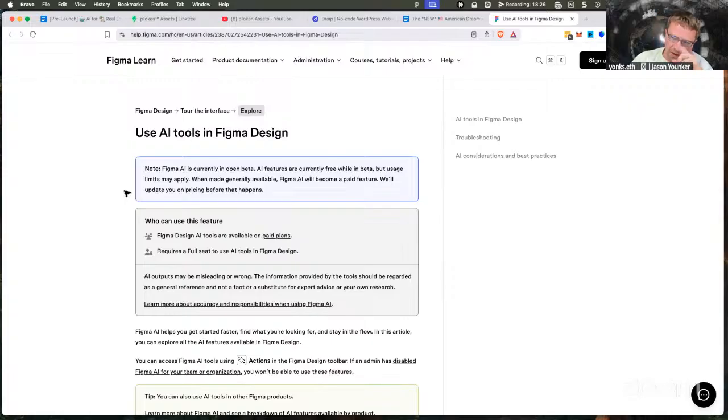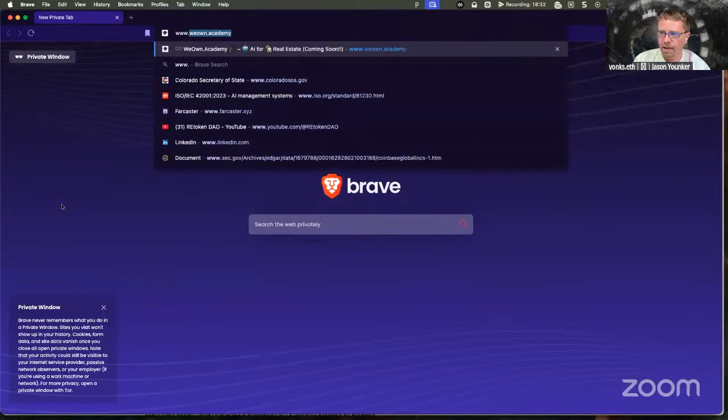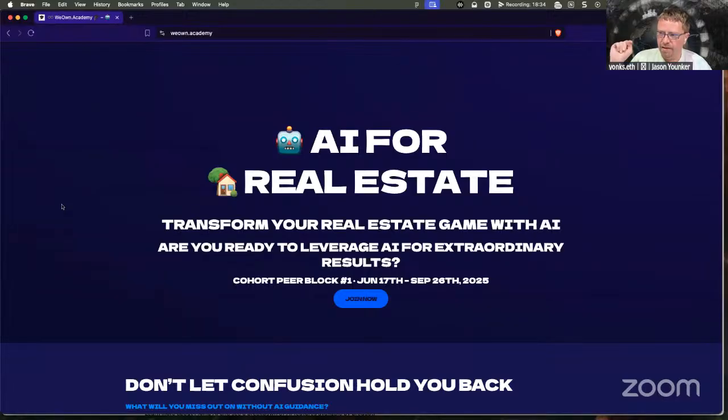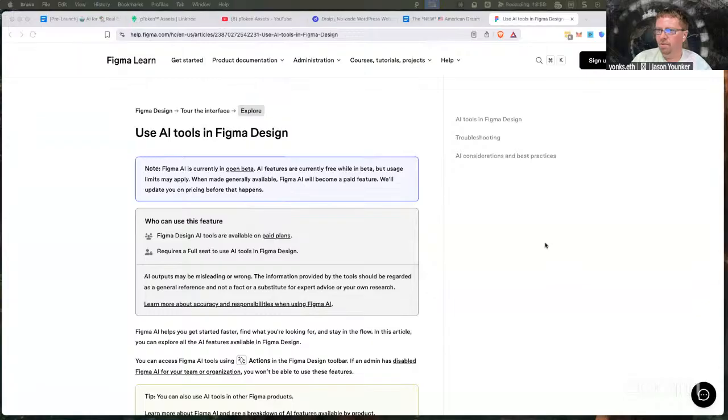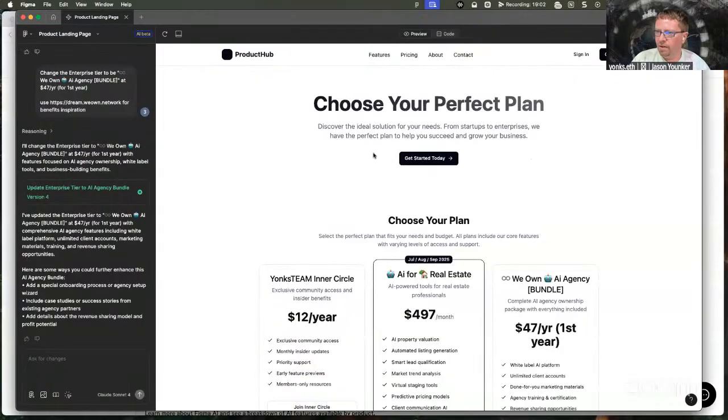One of the reasons that I'm coming back to using Figma is that after we went through the process to get our AI for real estate cohort created, I wanted to create a better process, because this took more time than I wanted, using the StoryBrand AI and bringing it into the Cadence WordPress framework or whatever it's called. And the goal is to make this more streamlined, where we can use a tool like Figma to do something like this. And let's see,